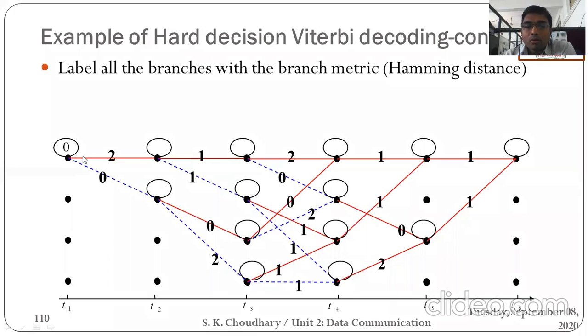You can see that at every state I have given some labeling by this circle. Starting from A, I would transfer to A and B, then A, B, C, D, like this. At every state I have given some labeling. Now start from the 0 0 state. At the 0 0 state we label it as a zero metric.